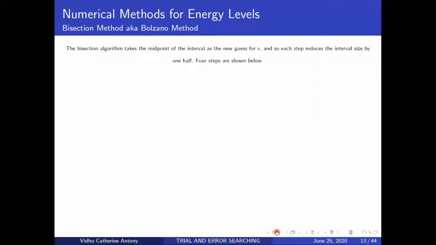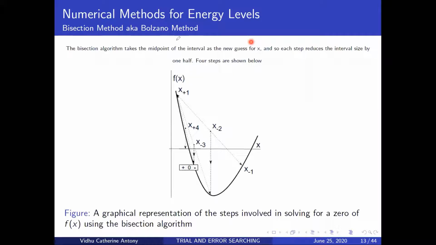So the bisection algorithm, what does it do? It takes the midpoint of the interval that you've taken, cuts it in half, and finds out what the value of the function is at that midpoint. You take one point, you take another point, and you make sure that there is a root between those two points. So this should be a positive value of the function, and at this part you should have a negative value. Only then do you have a root somewhere in between. Not exactly in the middle, it will differ depending on which interval you choose.